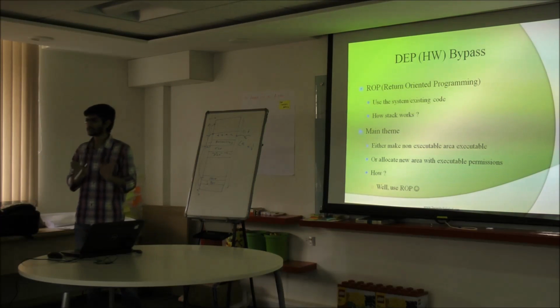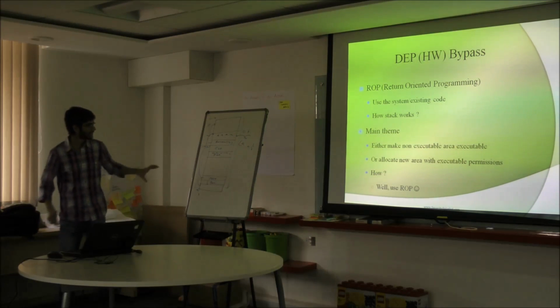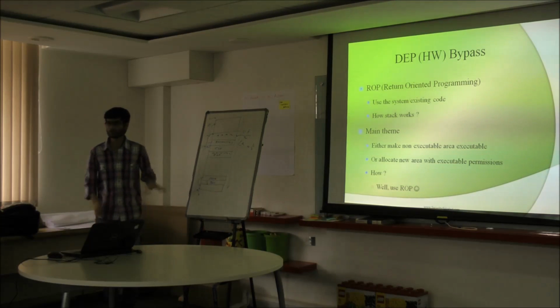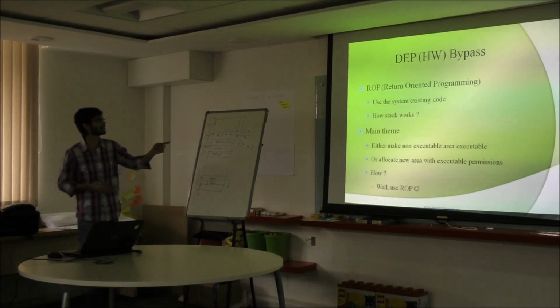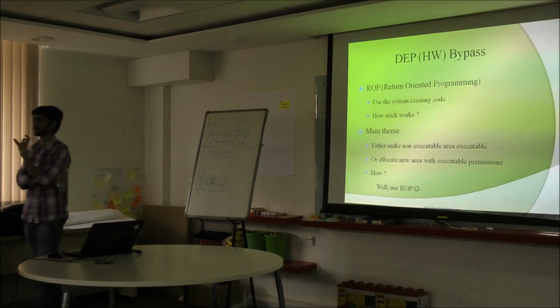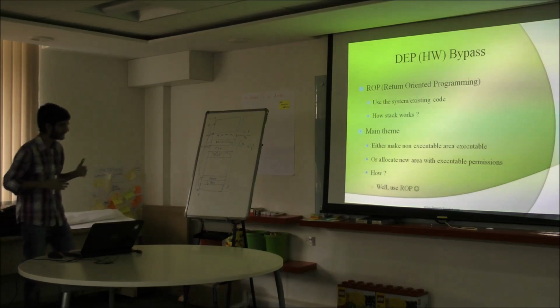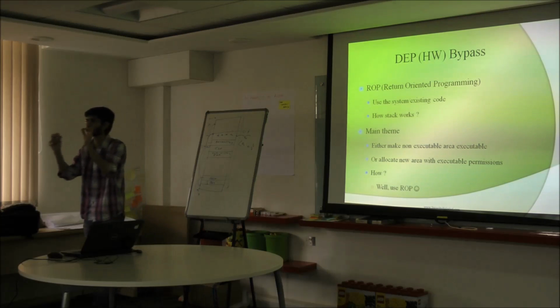We use the existing system code here. Like in the shellcode, we will use the shellcode here as well. But in shellcode, we manufacture that code on our own, and we try to execute that code. But in this technique, we will use some of the system code, and then we will land up at our shellcode so that we can execute our shellcode. Now the idea that comes here is return-oriented programming. As the name states, we have to use some sort of return instruction out there.